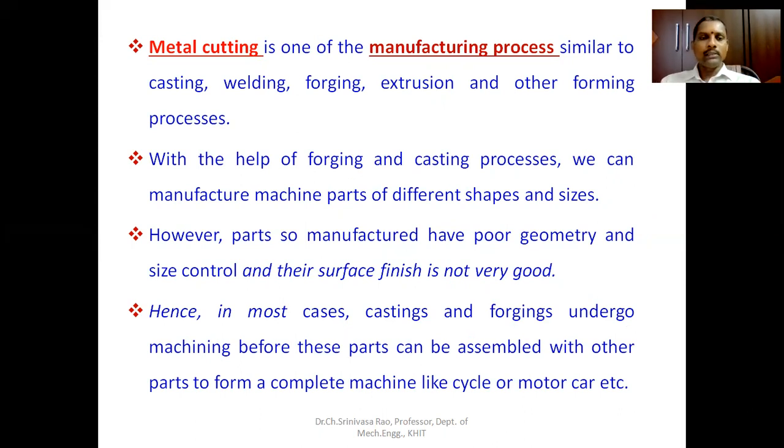So the metal cutting process not only involves removing metal from materials, it also involves removal of materials like plastics, composites, ceramics, and others. Therefore, metal cutting is also called material removal processes. It is one of the manufacturing processes, similar to other manufacturing processes like casting, welding, forging, extrusion, and other